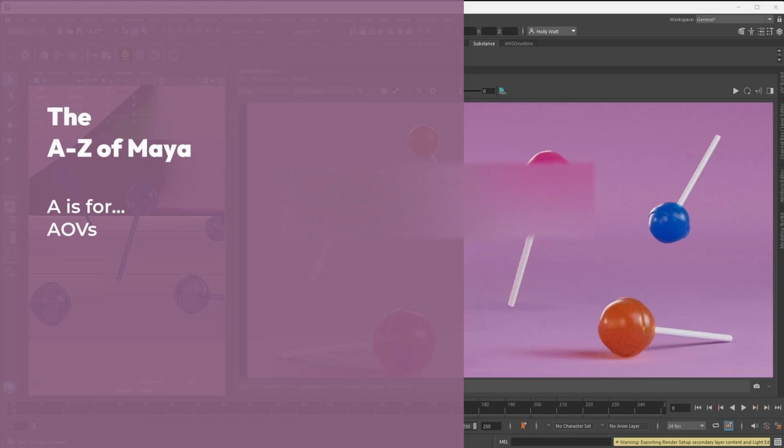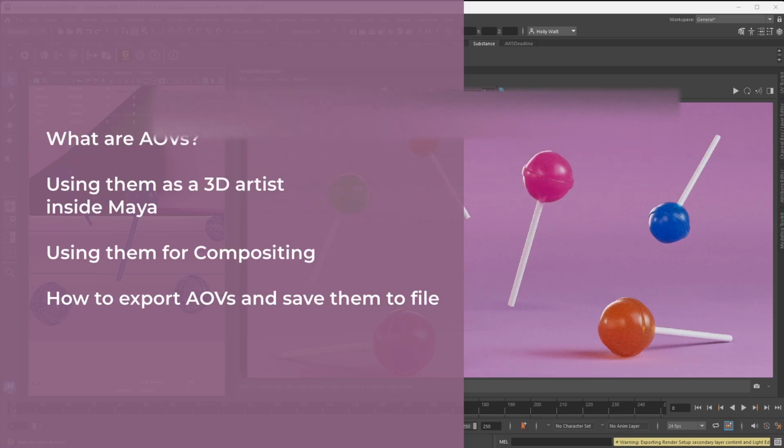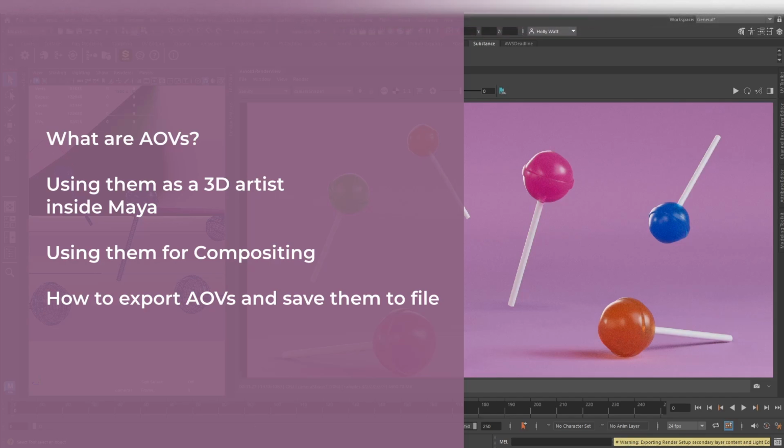For the first video, we're starting with A is for AOVs. I'm going to talk quickly about what AOVs are and why they're useful, and then I'm going to jump in to show you two ways in which I use them. One as a 3D artist inside of Maya to help me with my render settings, and the second is how to output them so that we can give them to a compositor to then use as part of the compositing